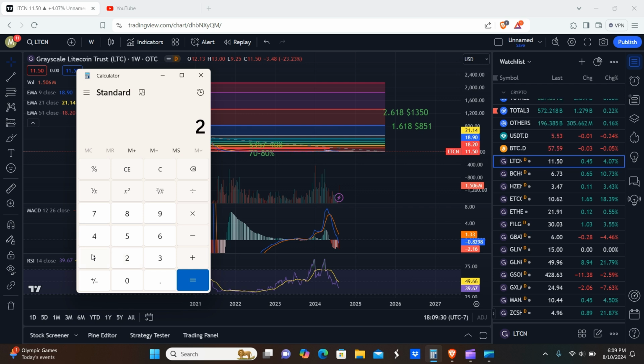So if I were just to give you guys the numbers here, 2150, and I mean, with the premiums that come on this thing, it is possible that it could do something like this. I mean, again, the market cap for these Grayscale trusts are quite small. Even LTC and BCHG, I think, are like only 100 million or something like that, or a billion, or no, I think it's only 100 million. I'd have to go back and look, but it's pretty small. I mean, 100 million market cap in the native space would be like maybe top 300-400. So based on market cap alone, I would say this is definitely possible.